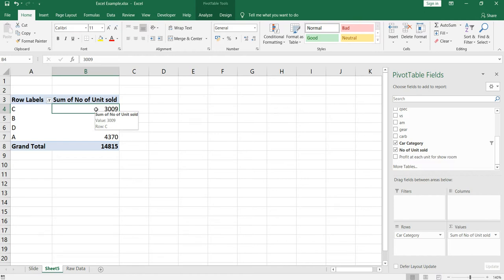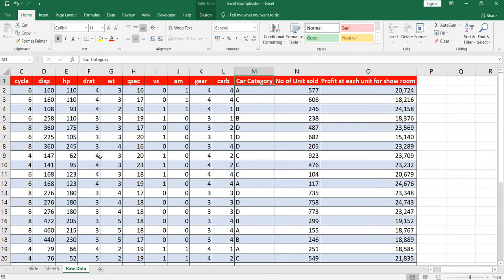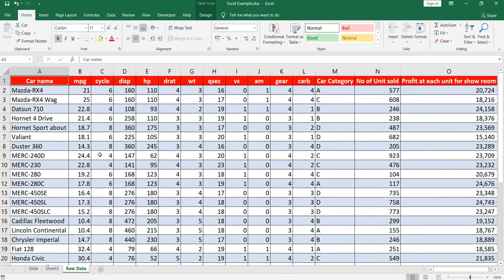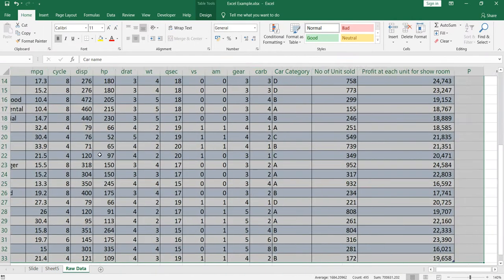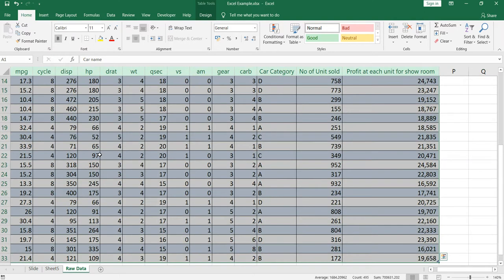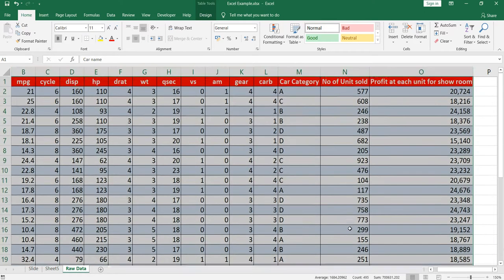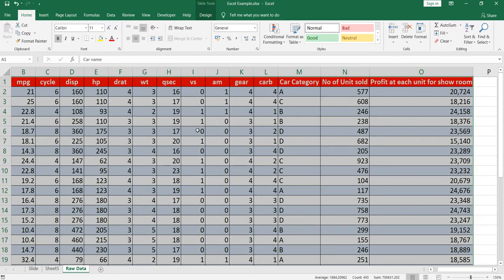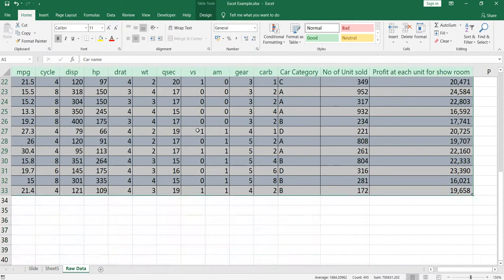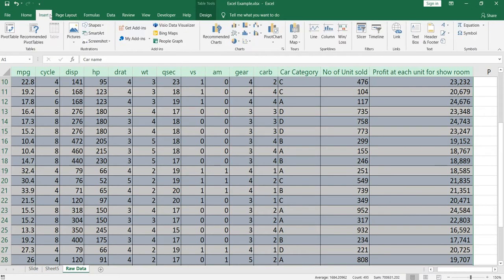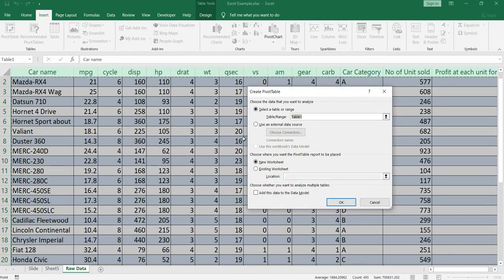Let's go to our second scenario, where I said that our data set won't increase. So I have selected this entire range. Again I'll go to insert, then pivot table, and my table range has been selected. I had my first pivot table in sheet 5.